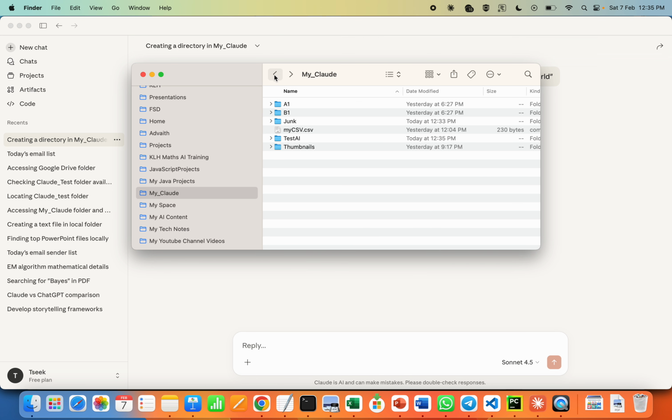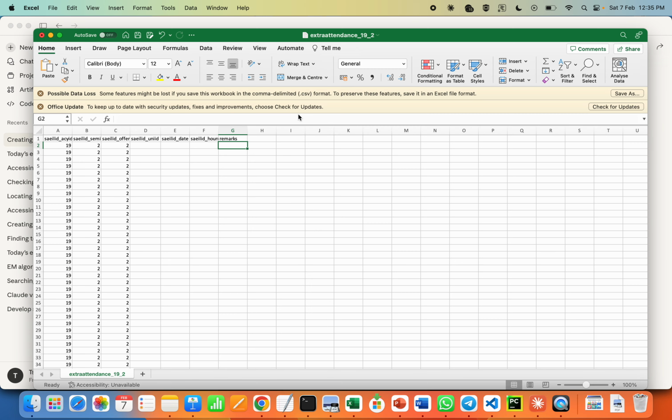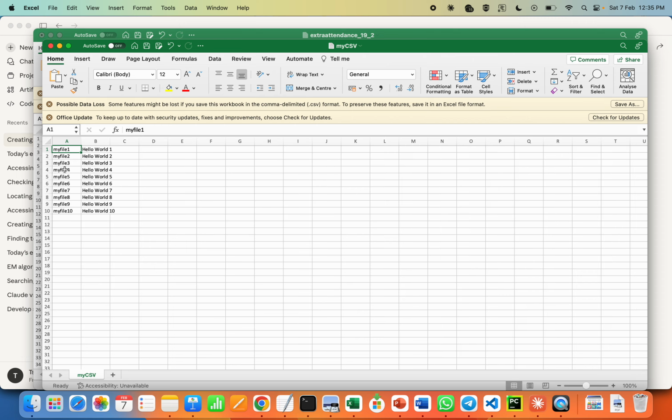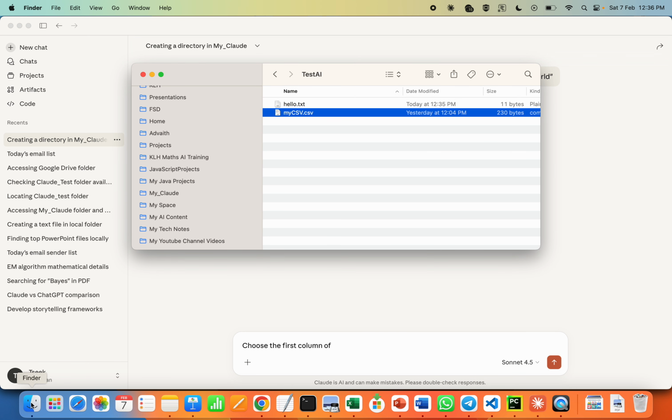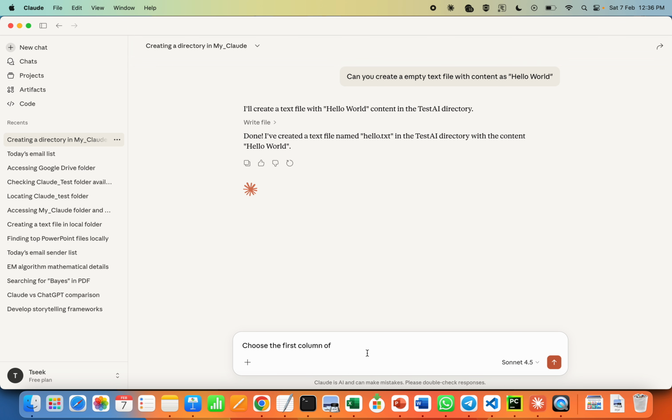Now I want to do a few more things. For example, in this CSV file, I have placed a few things which I would like to show here. These are the file names, and this is the content I want to be there. Choose the first column of my CSV.csv file,